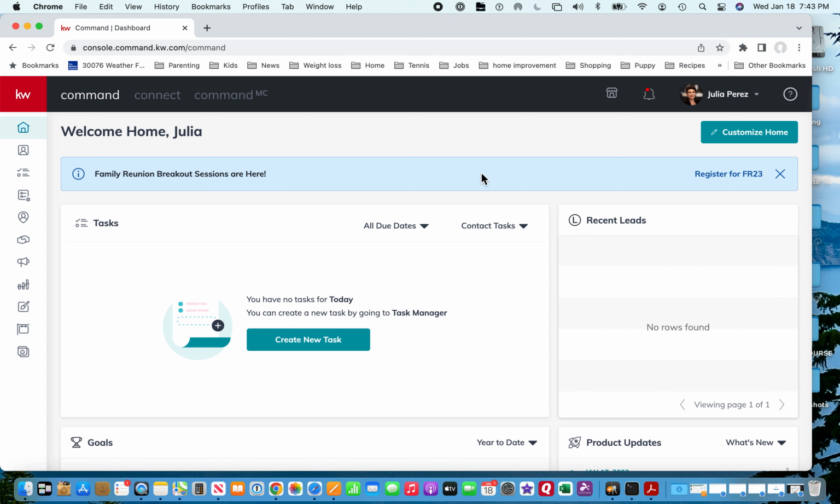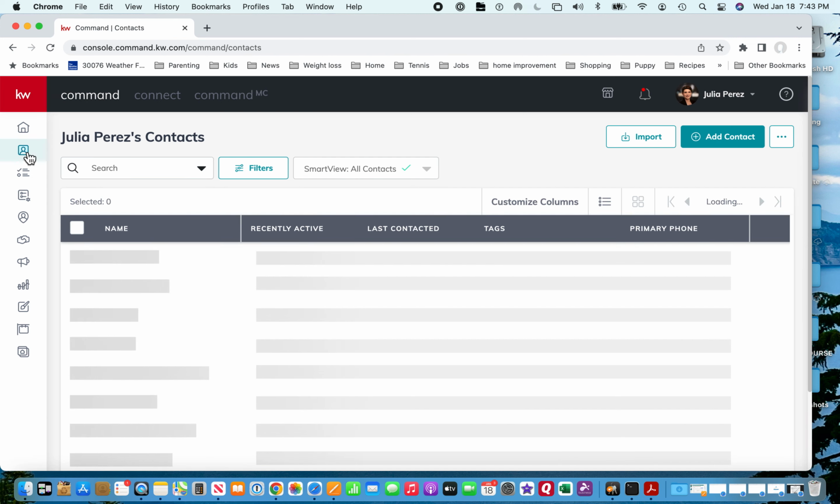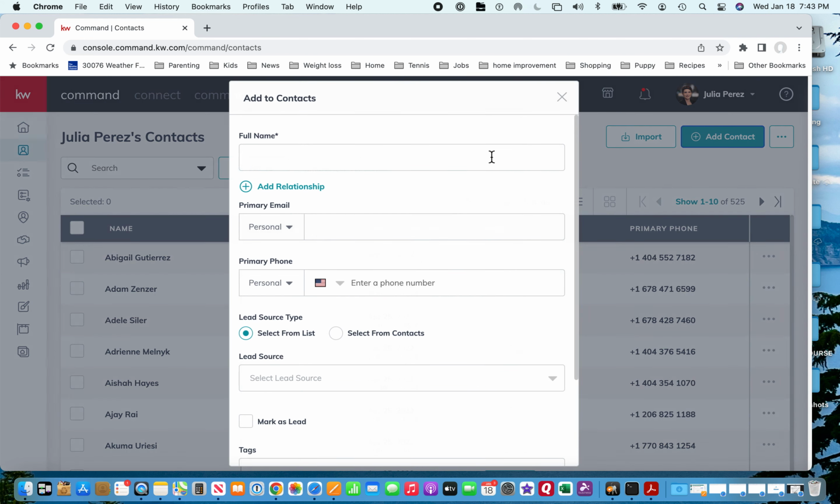And where we are going to get started today is actually over in your contacts. You have to have a contact in order to start an opportunity, and you have to have an opportunity before you can start a transaction in DocuSign and start adding forms. So we are going to add our contact if we haven't already. If you do already have a contact in your database that you want to use, you would just search and select that contact